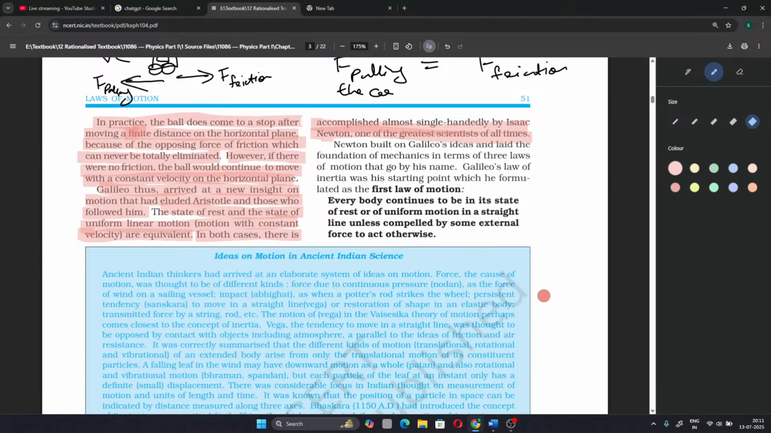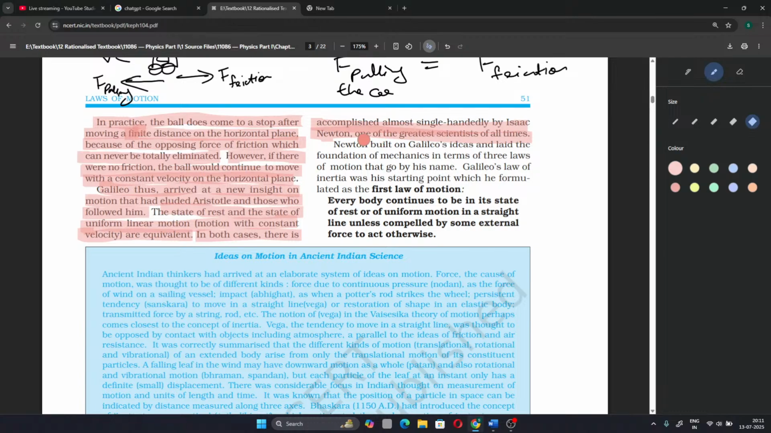When the body is at rest, or when the body is in uniform motion, the net force on the body is zero. That is what they mean by a state of rest and a state of uniform linear motion, that is, motion with constant velocity, being equivalent. In both cases, this was accomplished almost single-handedly